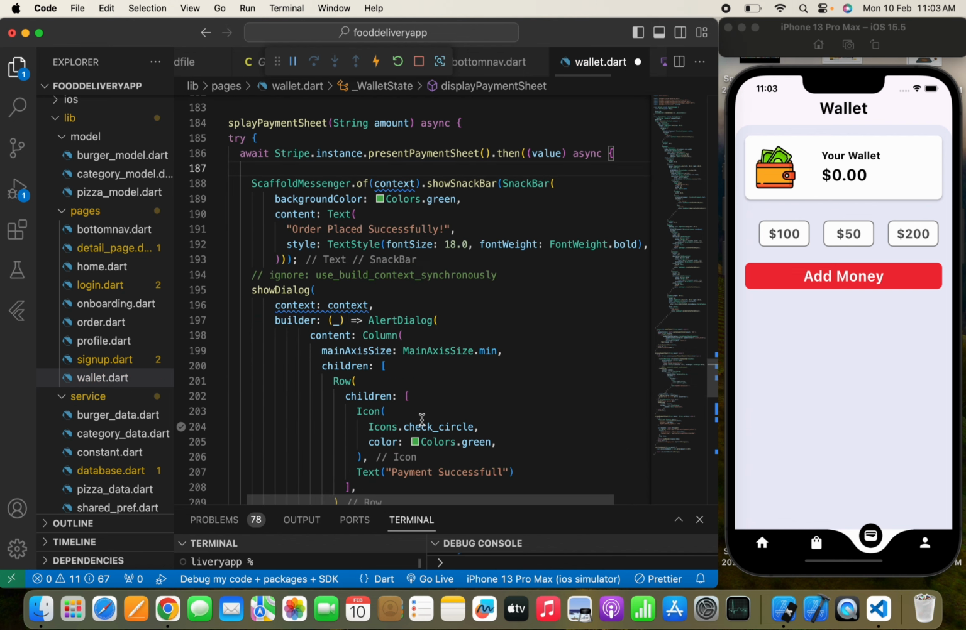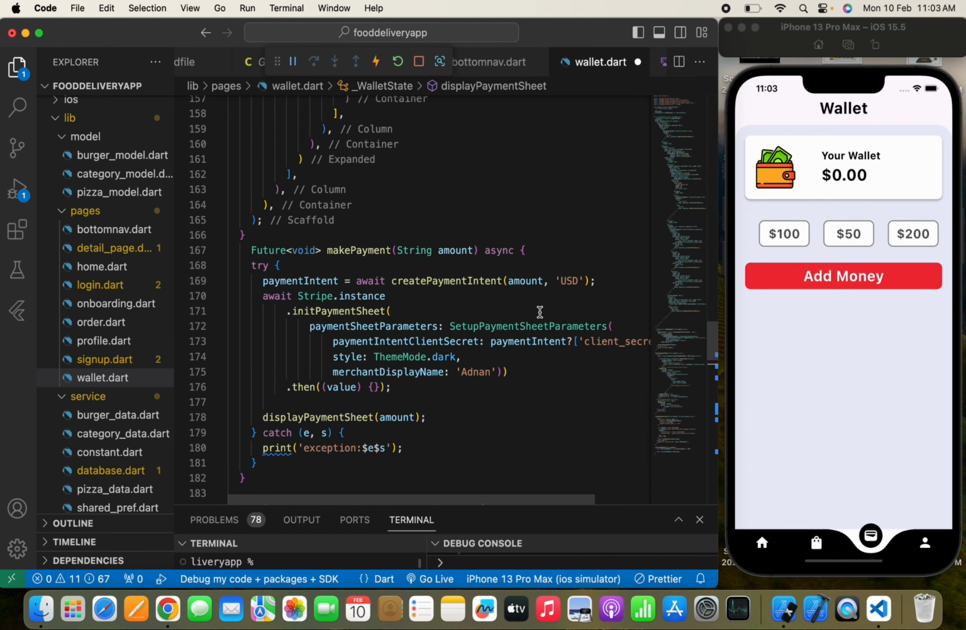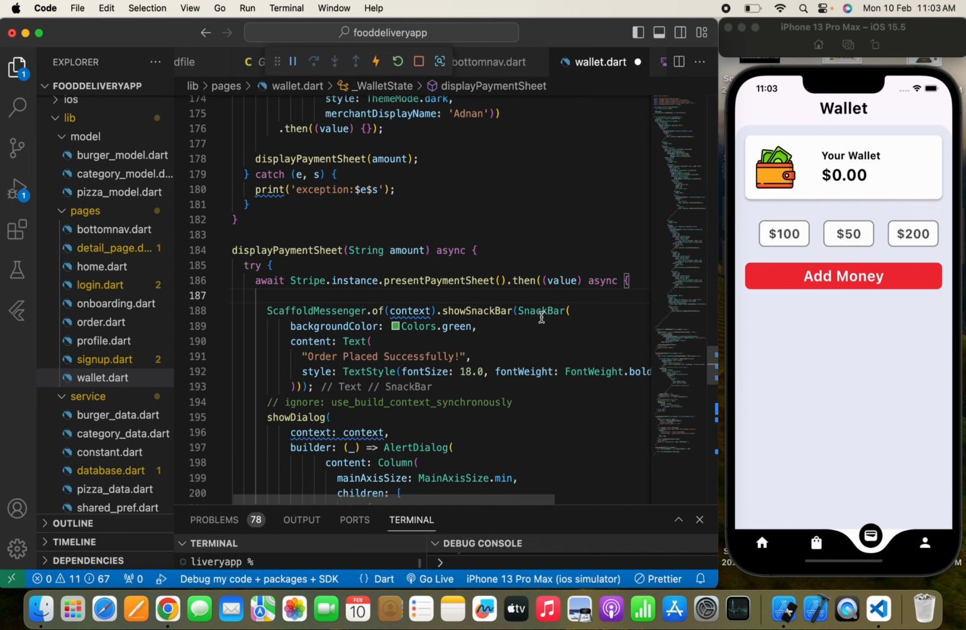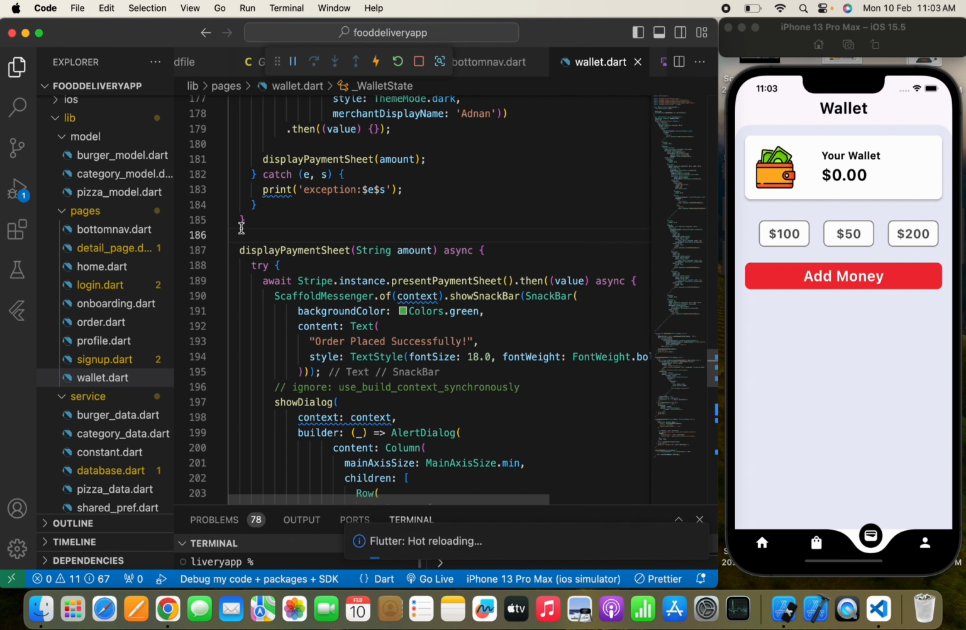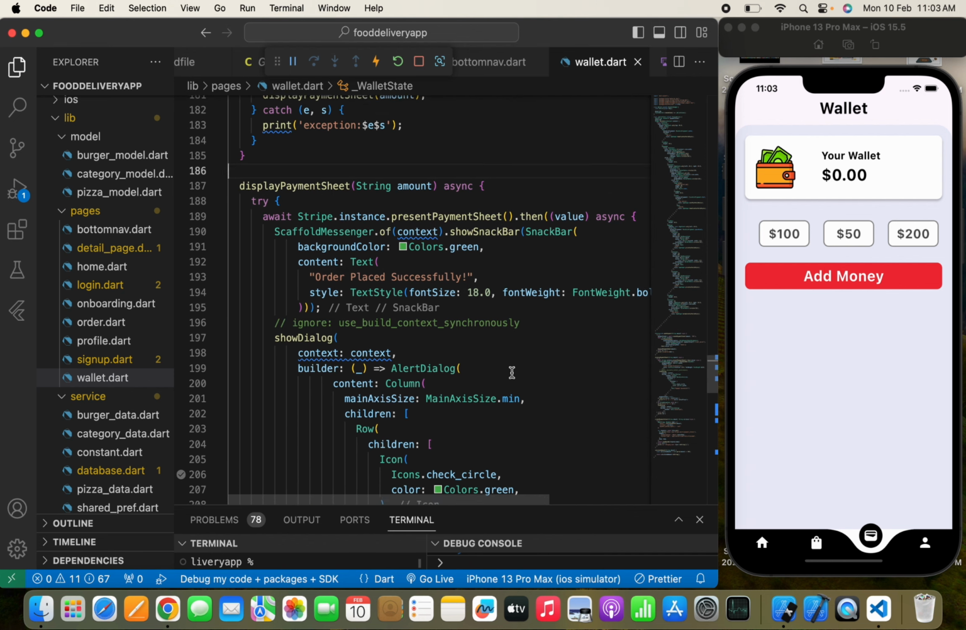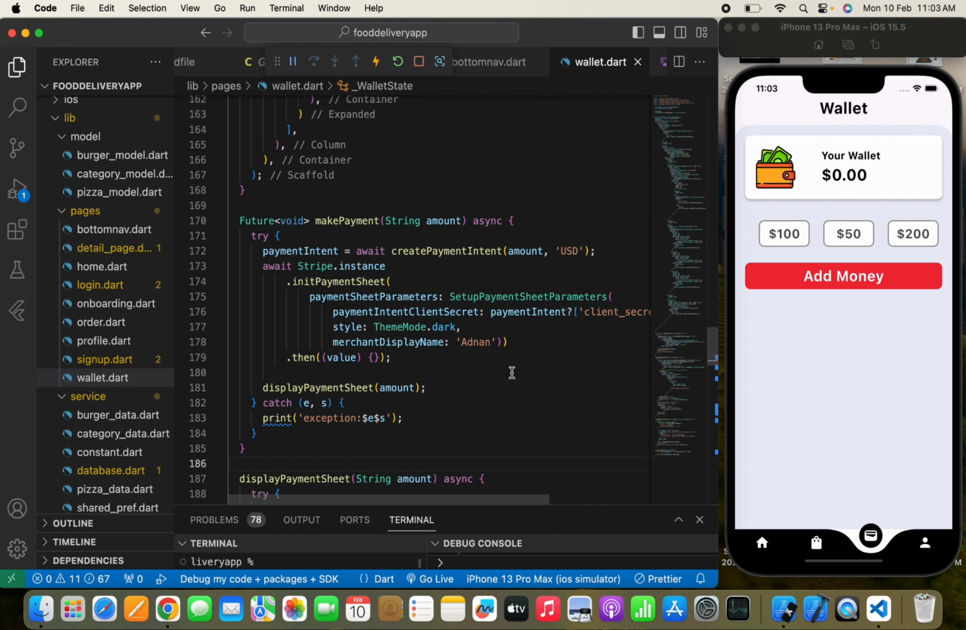I'll tell you what we are going to do once the payment is successful. First we are going to add money to the wallet, then I'll show you how the money gets reduced when we pay for an order. So these are the things that we need to do. Here what we are going to do is